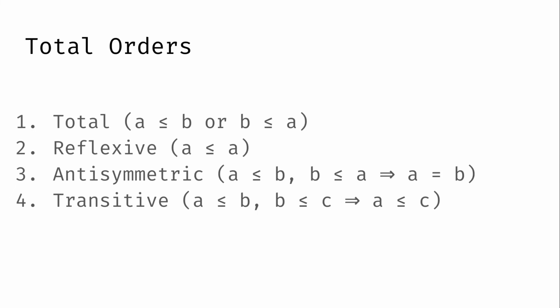So if you think about the classic contract system, you can do 1, 2, and 3 typically. If you wanted to check if it's total, you would say, okay, I'm going to check less than or equal X and Y, and then I'm going to check it the other way and make sure one of them is true. Maybe both of them could be true if it's an anti-symmetric case, but at least one of them is true. Reflexivity you can also similarly check. Anti-symmetry you can check as well. But the last one's a little bit